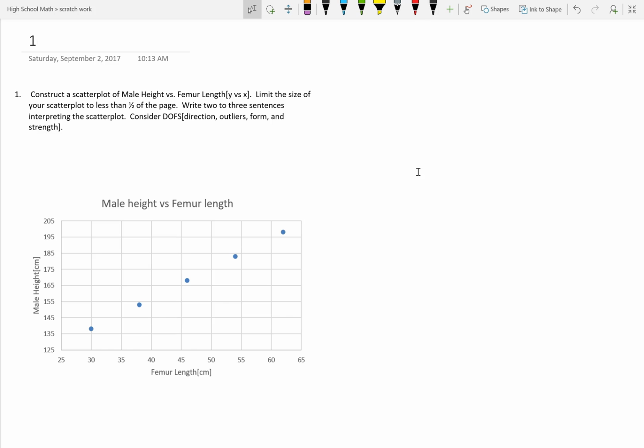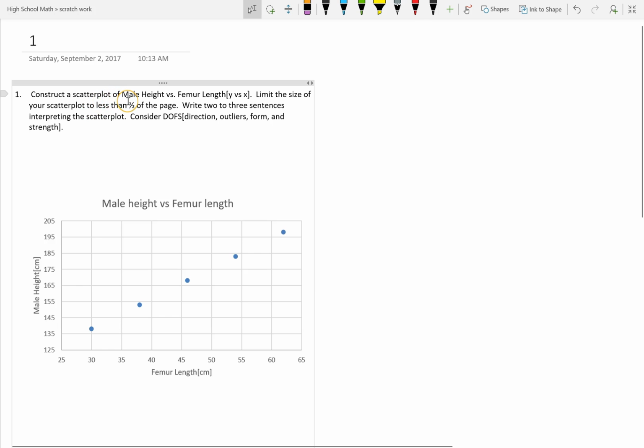What should be in the notes? Well, whatever you feel important, but I will highlight some definitions that should certainly be in your notes. Number one, we were asked to construct a scatter plot of male height versus femur length and describe the scatter plot. Here we see the scatter plot, femur length on our horizontal axis, male height on the vertical,